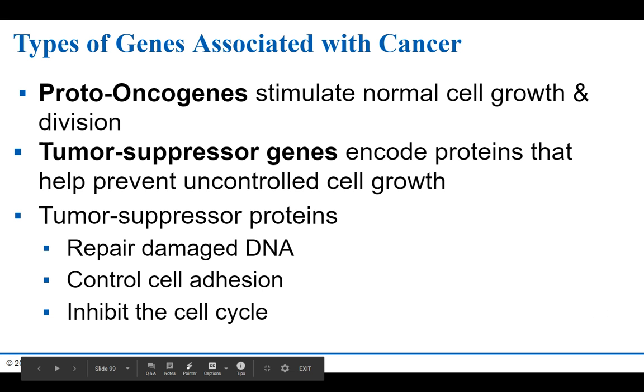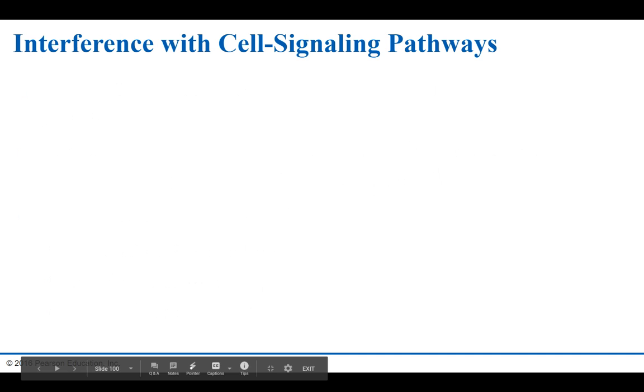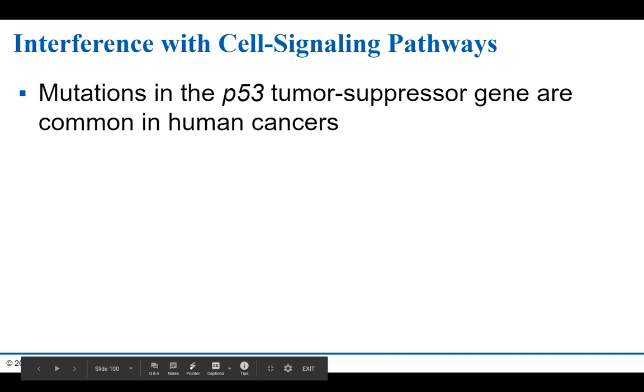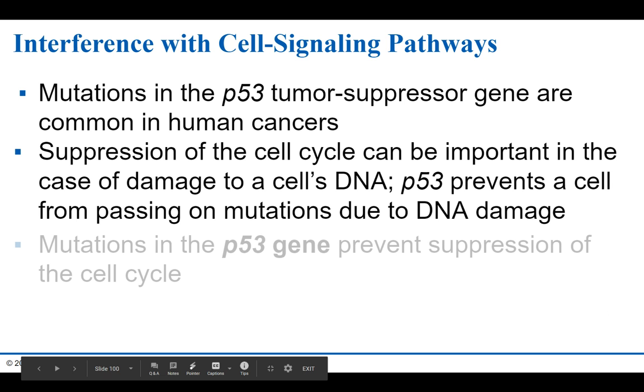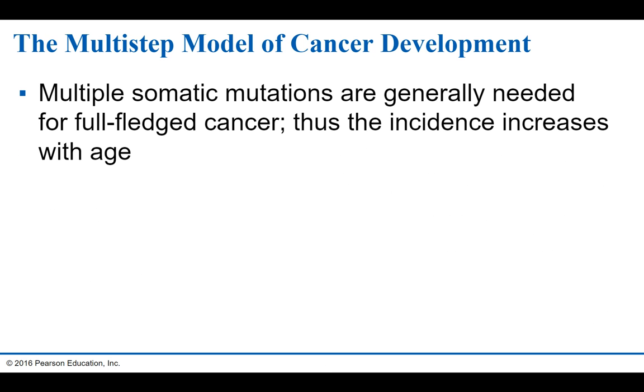And they might just tell the cell to stop and not move forward in the cell cycle. So there are lots of different proto-oncogenes and tumor suppressor genes. This isn't just one set of genes. And so we're going to talk about P53 in a minute, so I'm actually going to skip that one. And so because there are several different genes that control this,